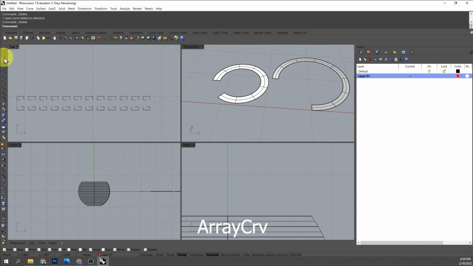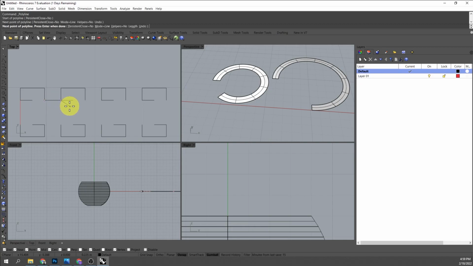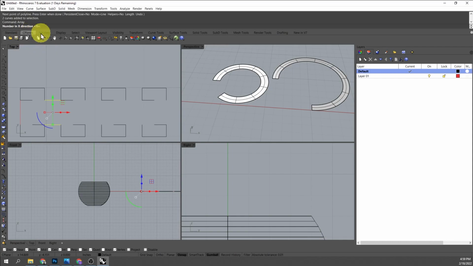Okay. I do want to make sure I connect all of my tabs. Okay, I can make one there and make another one there, another there. I can select both of them, and also using the array command, not array curve, just array, I'm gonna say I wanna array this on the x-axis, say 15 times, and only one on the y-axis, only one time on the z, starting from this point